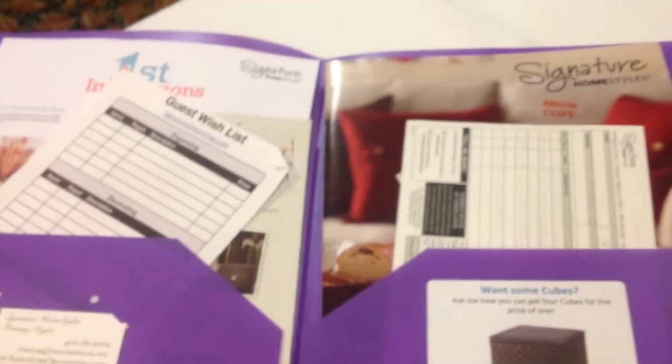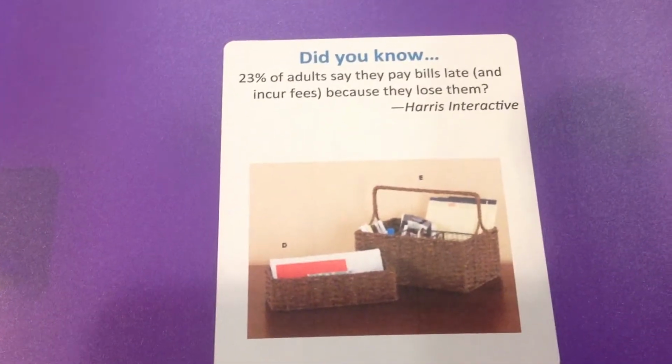So who has an idea for this? And then they'll list, I don't care how many they list, they get a ticket which costs next to nothing. So they might list 10 ideas for this basket, right? So I let them do all the ideas. And then when we're done with that basket, we're going to do the same with this one. What could you do with this basket? And every time they share an idea, they get a ticket for the door prize. Okay? All right. Let's move on to number 2.